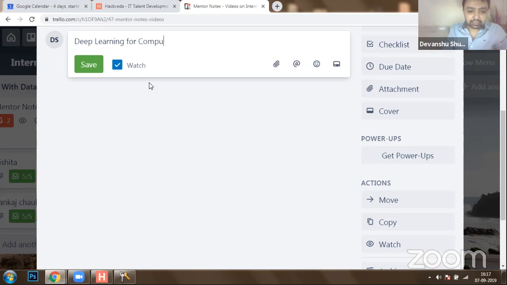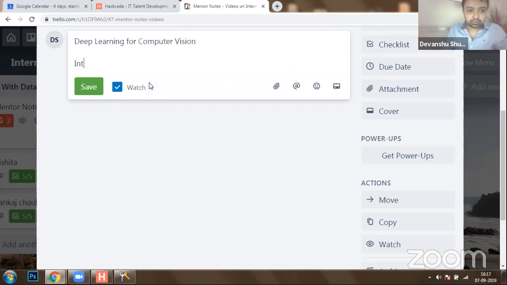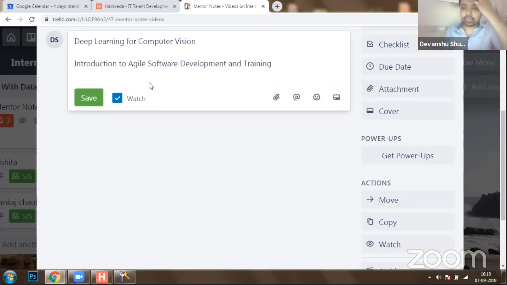We are starting this topic today, wherein we are going to have an introduction to agile software development, so that you all will get to know how we are going to make use of agility in order to develop deep learning products, as well as how we are going to use agility in order to have a connected training for this complete session from 7th September to 27th October. Post that,